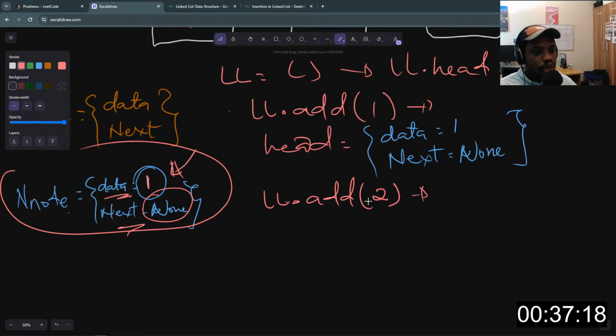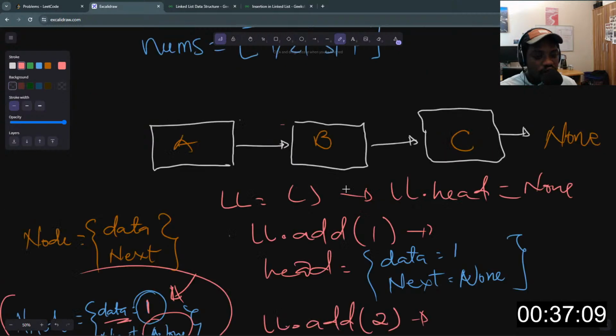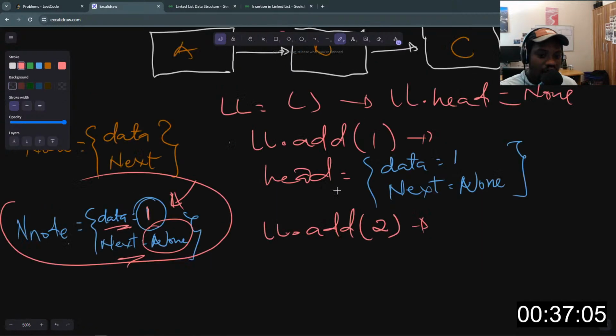First of all, we are introducing a new item to our linked list, which means we are introducing a new node. Like I said, a linked list is just a collection of nodes, right? And a node has the data and the next value, right? So